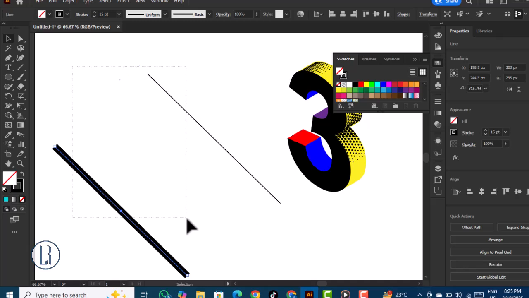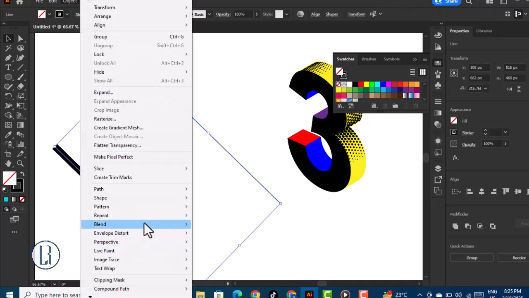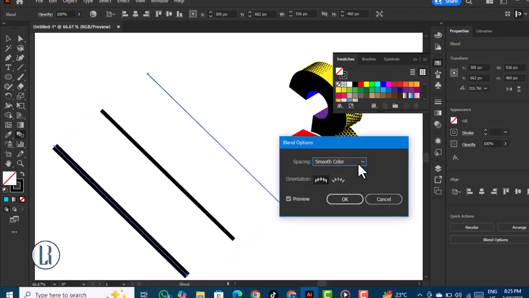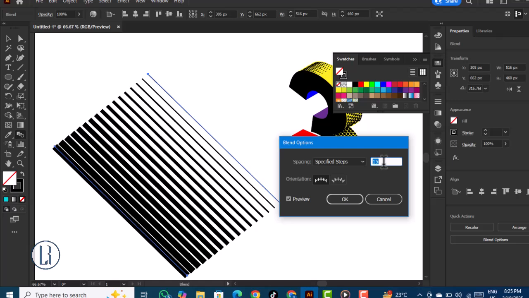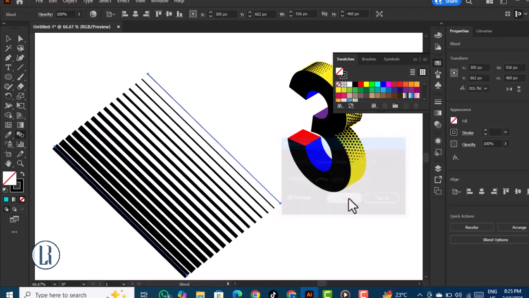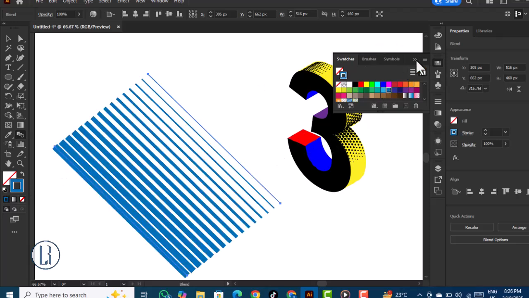Select both, go to Object, Blend, Make. Double click on the Blend tool, select Specify Steps, increase the number. Make it nice and dense. Click OK, and I'm going to recolor the stroke. Make sure that the stroke is on the top and just change up the color, and I'm going to select